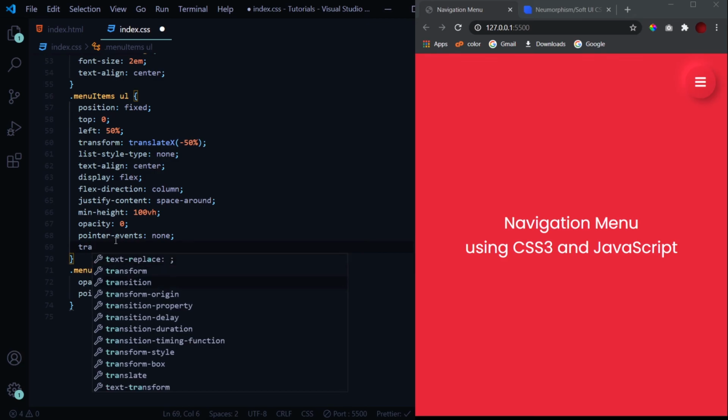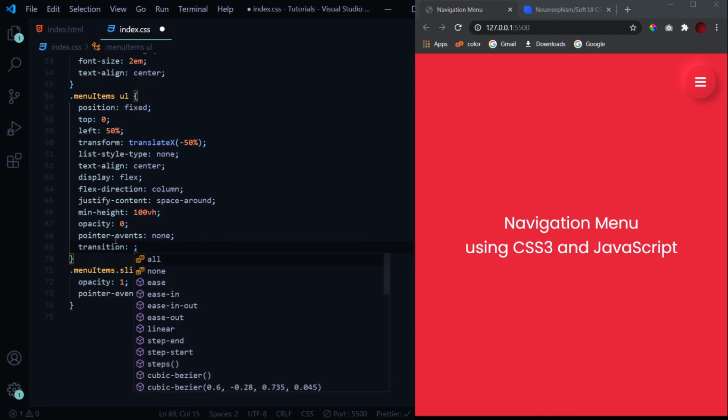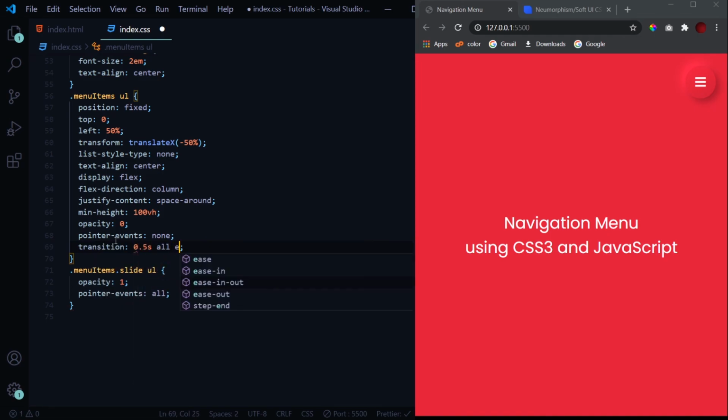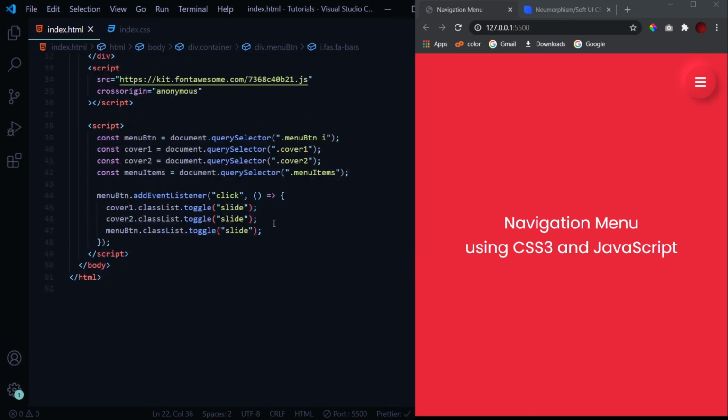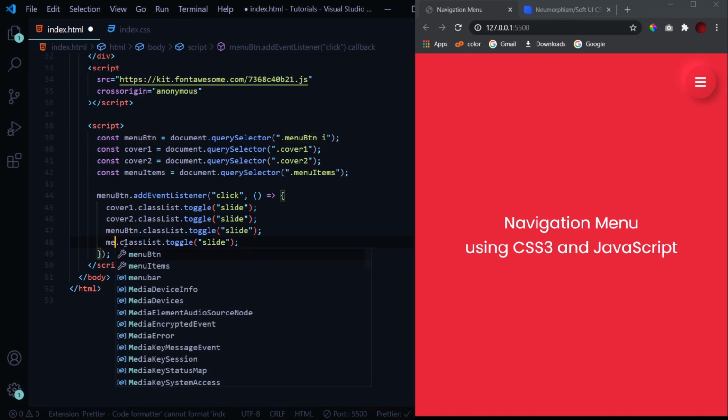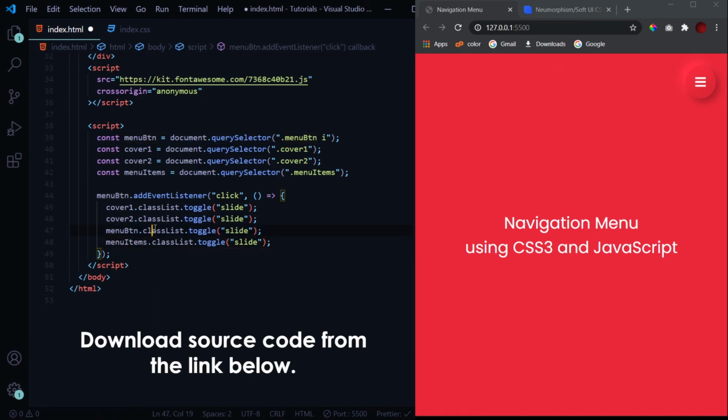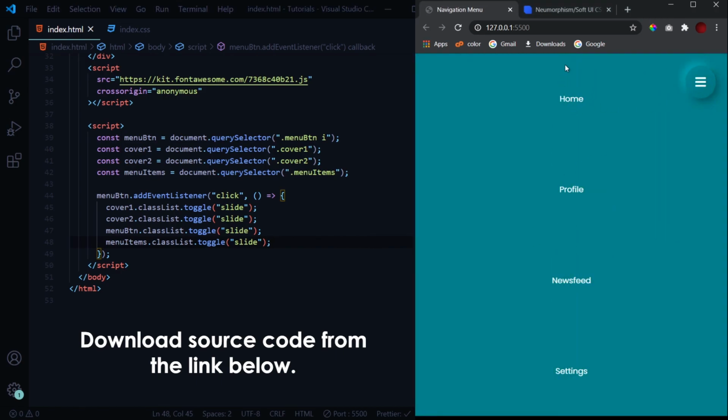So the transition which we'll give is of 0.5 seconds as well. Actually let's make it a bit larger, so make it 0.7 seconds. Now in here we also need to copy this to the menu items. So let's change it to menu items, hit save,